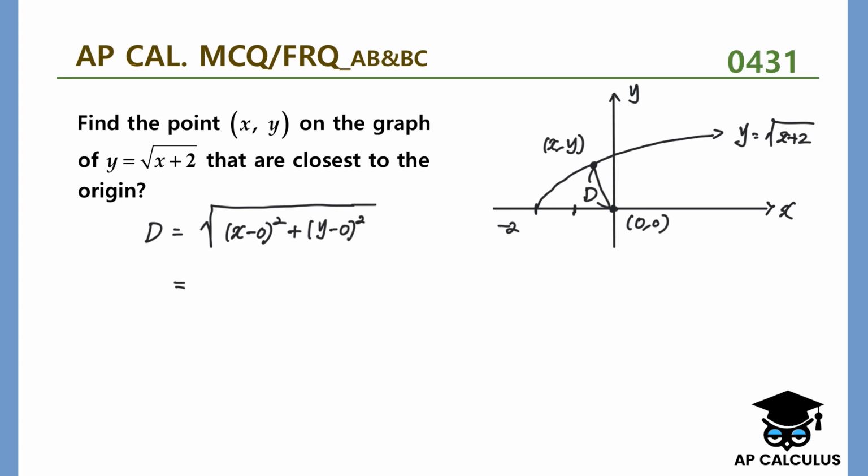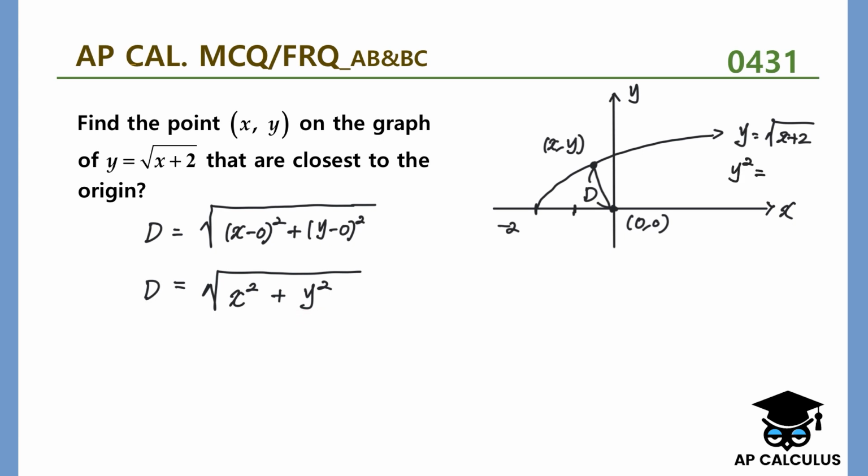So that is equal to square root of x squared plus y squared. So far so good. Now we have to rewrite this equation in terms of one variable, either x or y, right? We know that y is equal to square root of x plus 2, right? So y squared